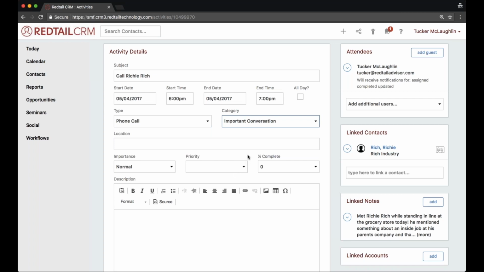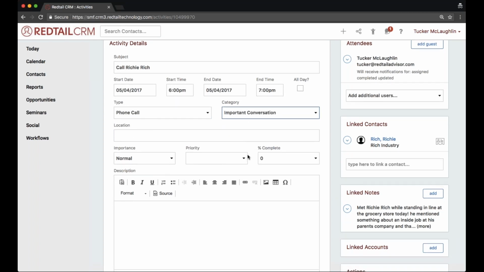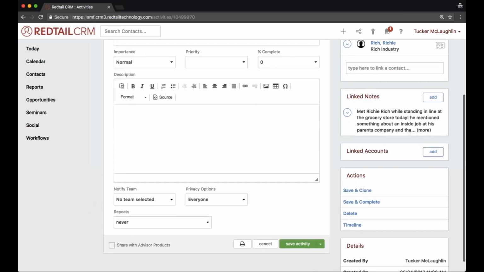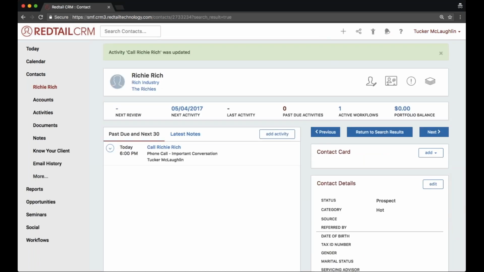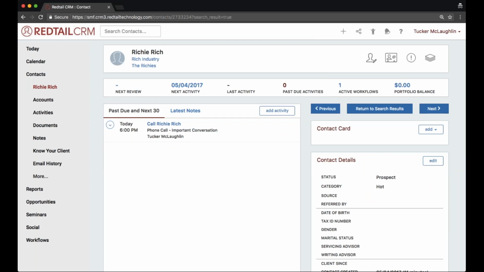So there we go. I created this contact record. I added them to the system. I designated them as a prospect. I even created a quick list of all of my prospects. And then for best practice, I went into Rich's record. I added in a note so that I can have that detailed history. And I even added in an activity. So later tonight, I'm going to have a reminder to go ahead and call Rich